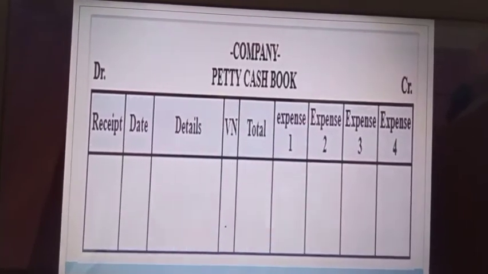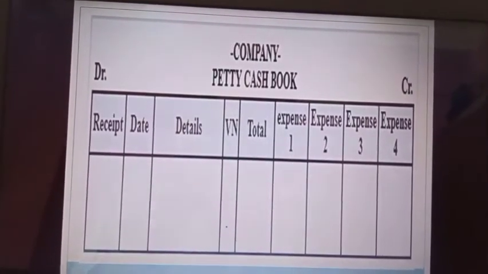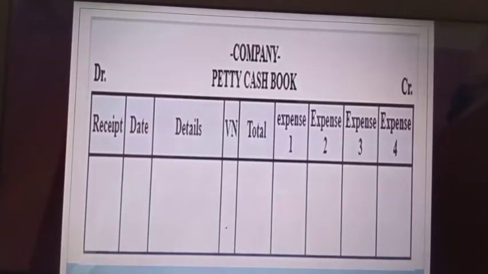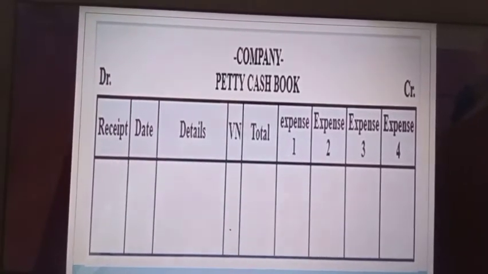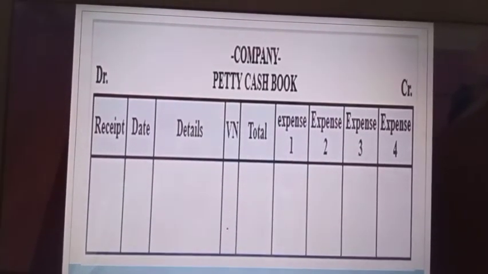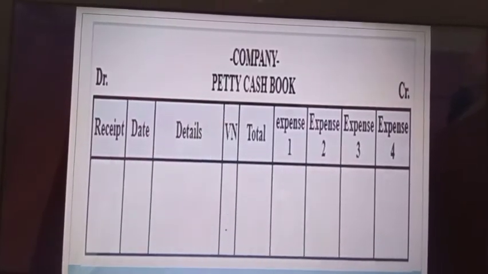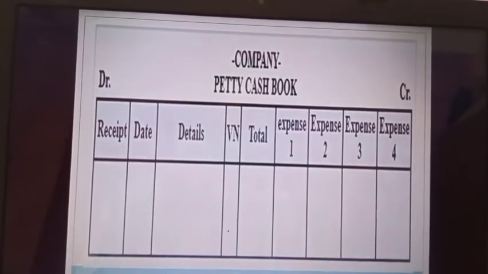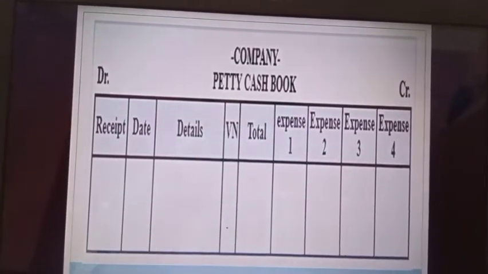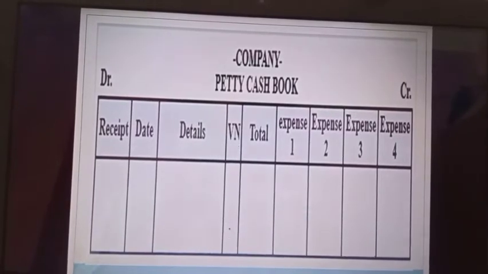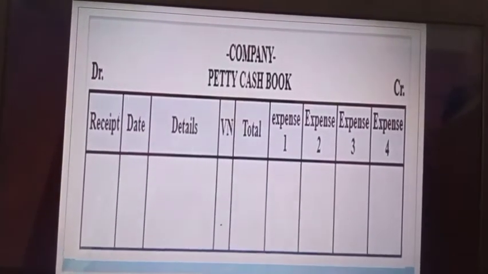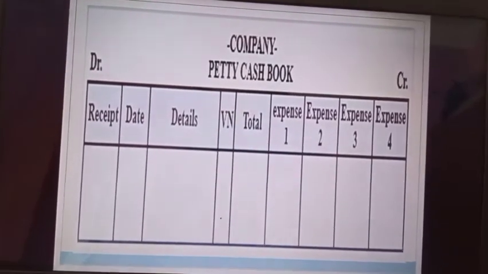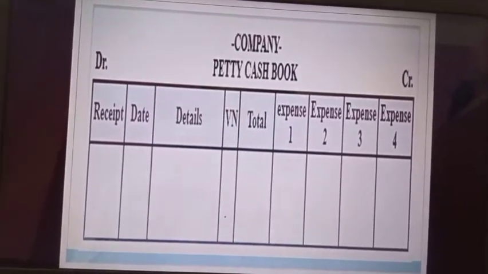So under this, what happens is this petty cash book is based on the imprest system. So what is this imprest system? Let me explain to you. Now under imprest system, a petty cashier, who is a cashier appointed by the company or the business unit to prepare this petty cash book. Okay, so he is given a certain amount of money for meeting these kinds of petty expenses.